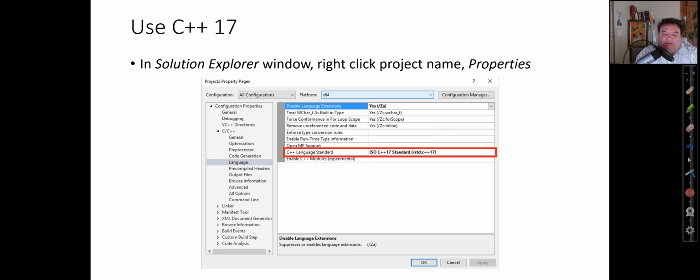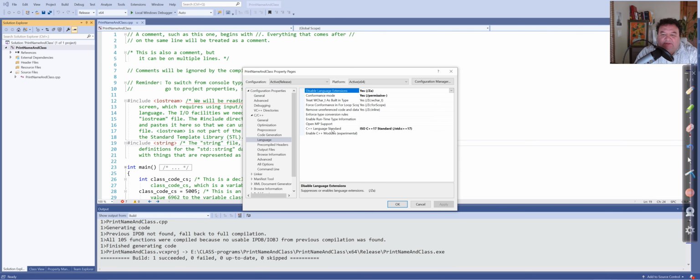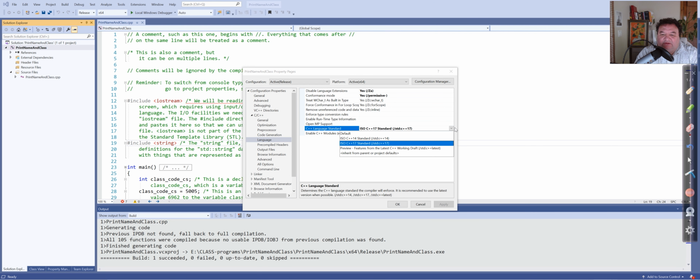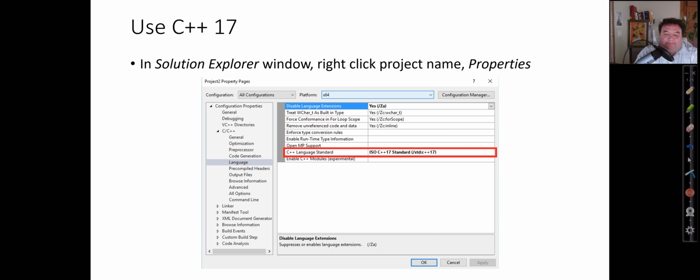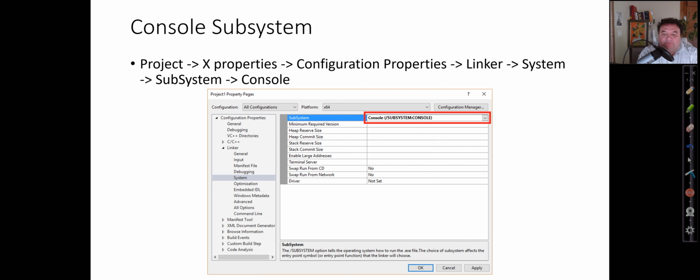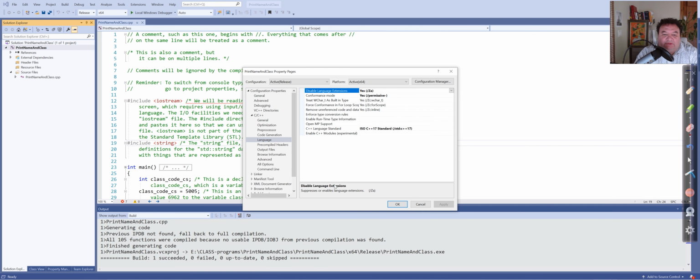Going back here, language standard. Here you see you have several options. There is the 14 standard. There is a generic default, and then you want to make sure you pick the one that you want. And so here we go for 17. Again, so that we agree on what things are going to be used for. And then